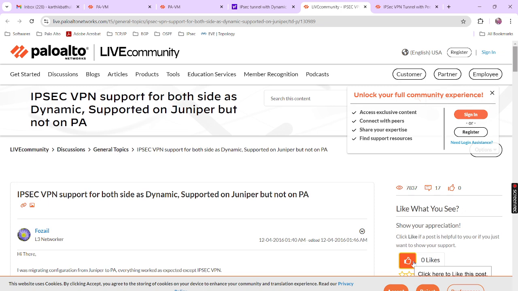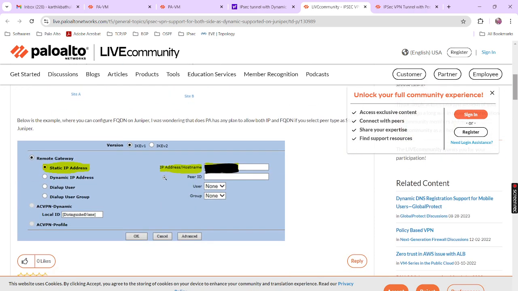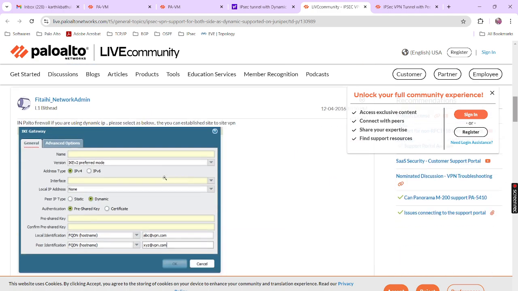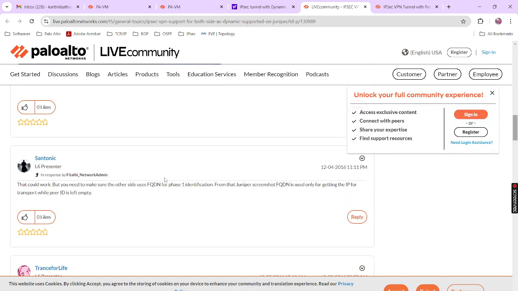IPsec VPN support for both sides as dynamic, supported on Juniper but not on PA. Dynamic in Palo Alto firewall, if you are using dynamic IP, please select as below. You can establish site to site VPN. This could work, but you know,